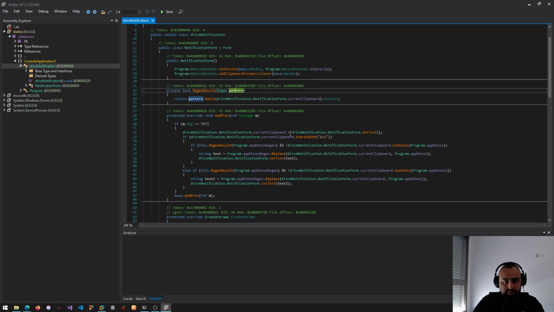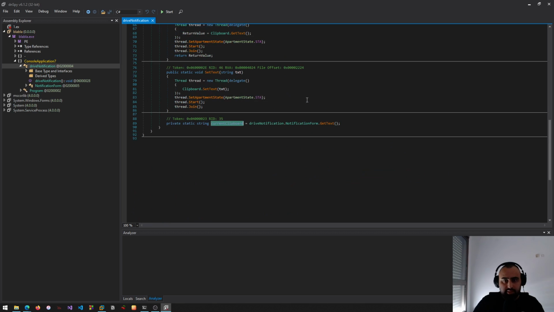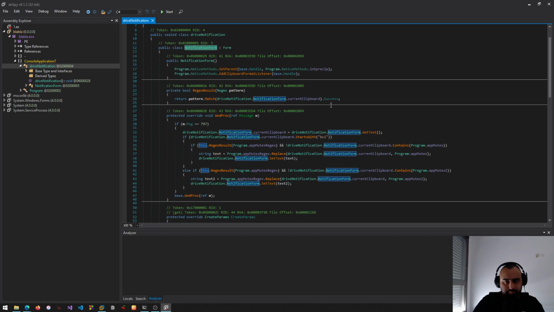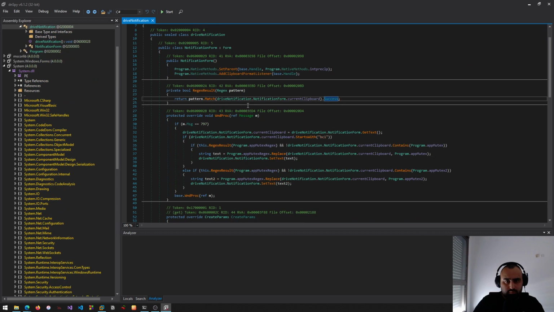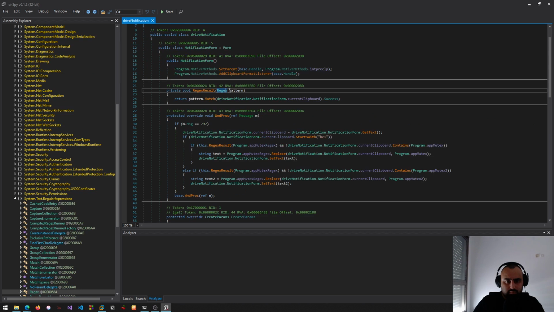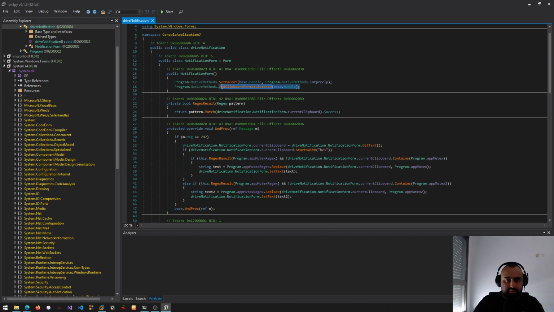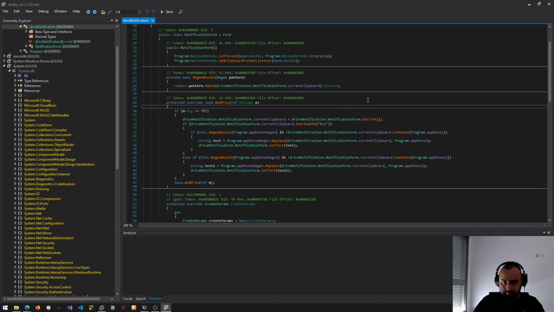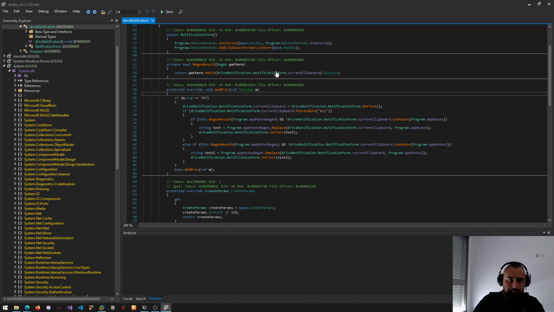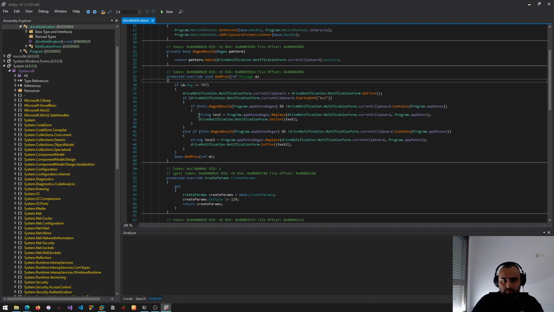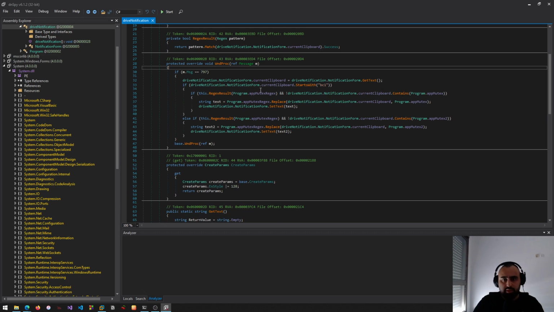So pattern match, searches for some pattern inside the current clipboard. Okay, so it incorporates this thing just to check. So it goes into the current clipboard, gets the text. If the drive notification starts with BC1 for some reason,